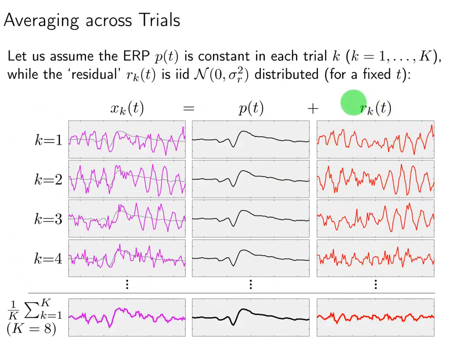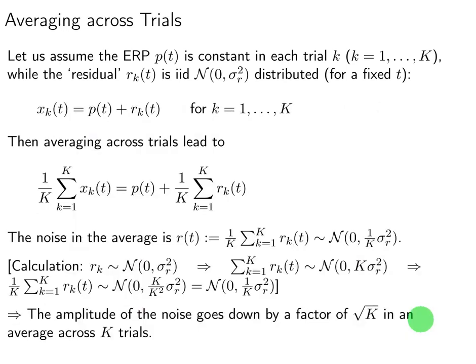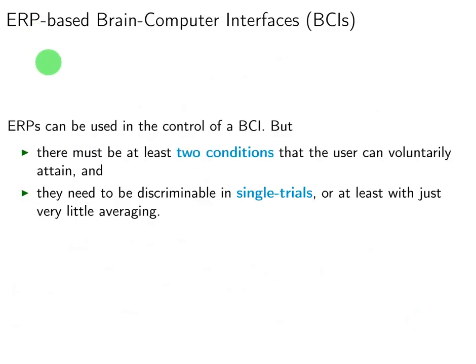We eventually want to minimize the noise in the data and recover the true signal of interest, the ERP component. That's why we talk about noise here. So if you want to build a BCI that uses event-related potentials, there must be at least 2 conditions that